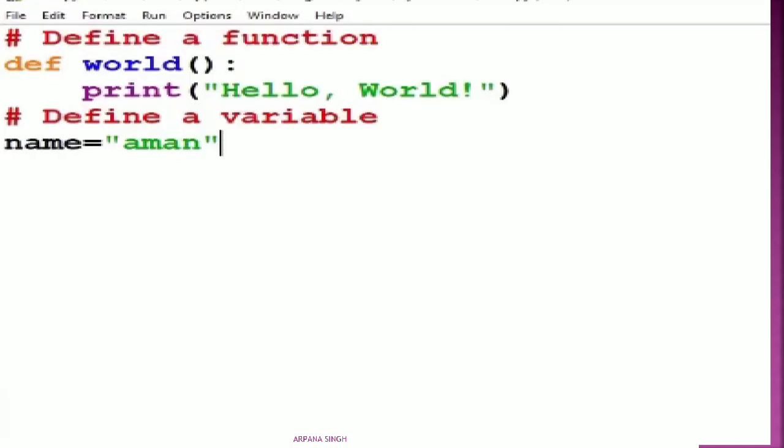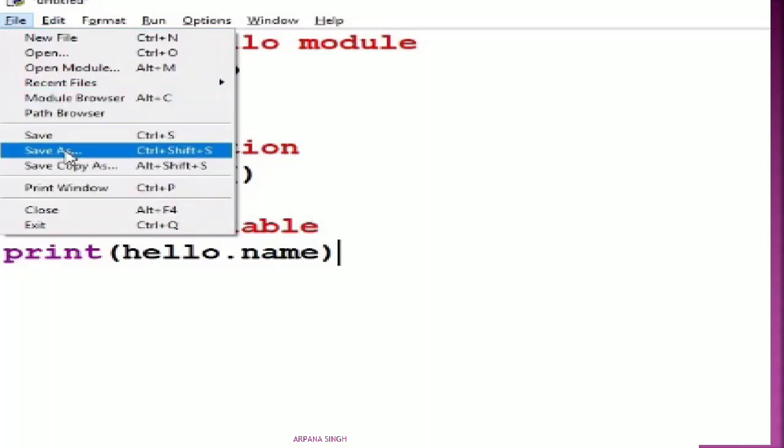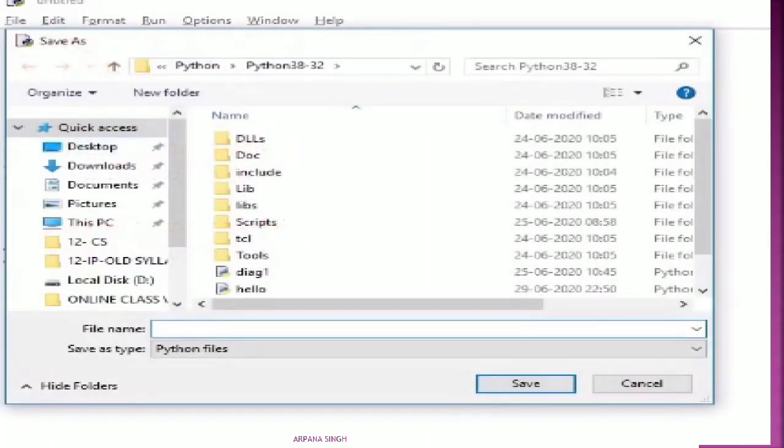Now next open a new file, and in this file write this is the previous one, this is the new file. Write the code to import hello, then hello.world, and print hello.name. Now save it with the name main program.py.